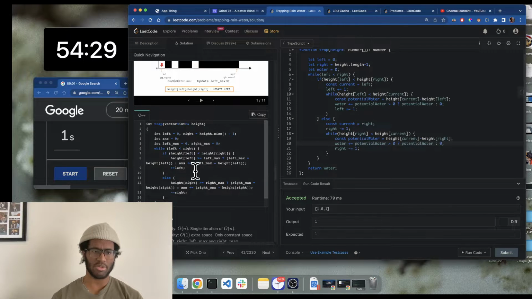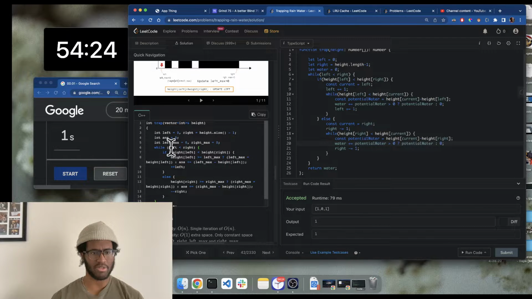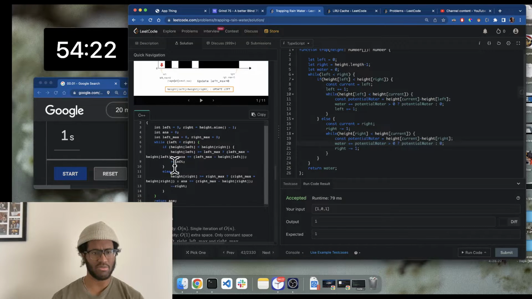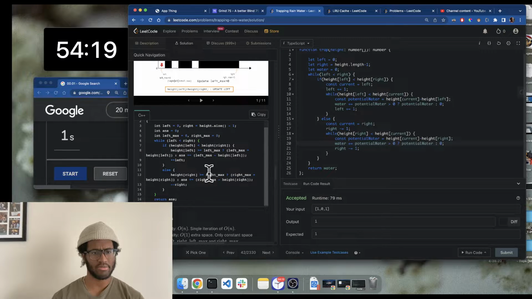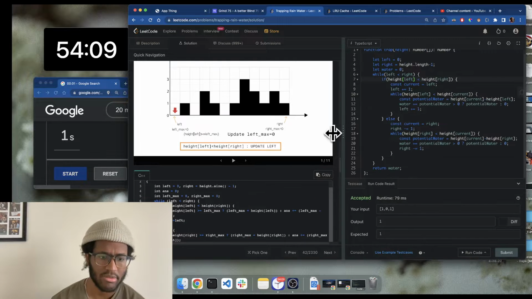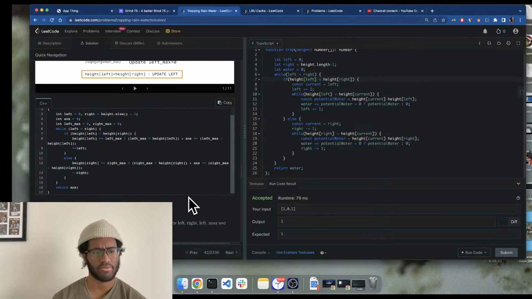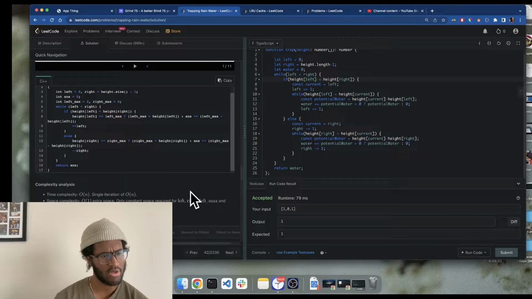So let me see the difference between them. I'm doing left equals 0, right equals height dot length - 1, left max equals 0, right max. So they're keeping a left max and a right max. And they're just keeping an answer variable. While left is less than right, we're doing the same thing. If height sub left is less than height sub right, okay, I'm with them there. Height sub left, I don't know what this C++ greater than equal operator is. Left max, if left max,